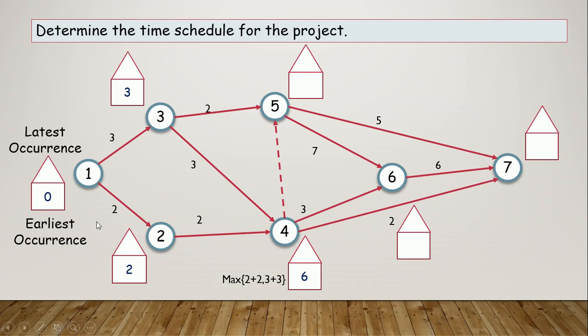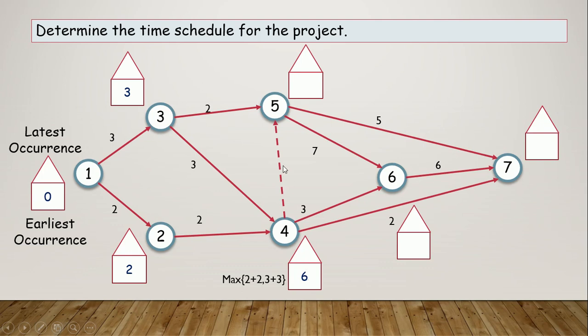And if I use 2 plus 2, 4, then 4 to 6 this activity cannot be started after 4 days, not even after 5 days. In 5 days we can't start 4 to 6. We have to wait till this activity is completed. So we have to use the maximum here. Okay, so the maximum of 3 plus 3 is equal to 6. So we will put this 6 here.